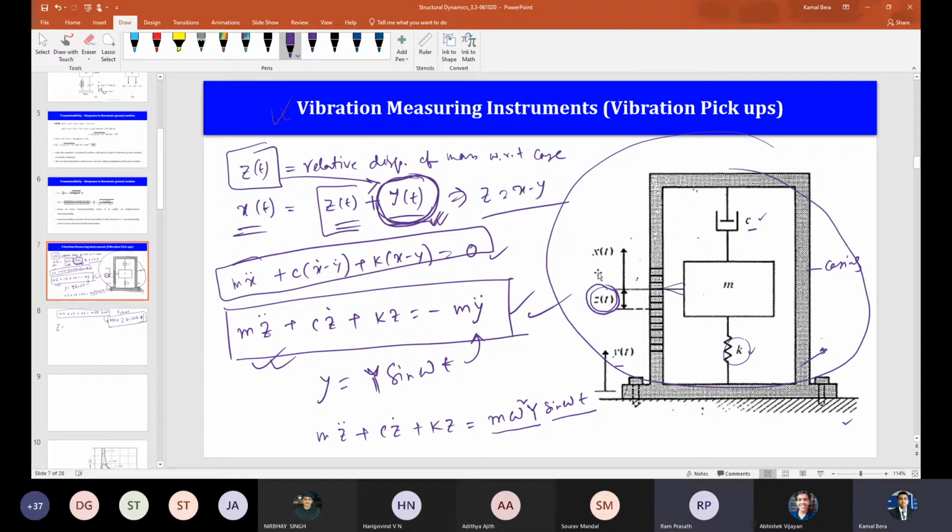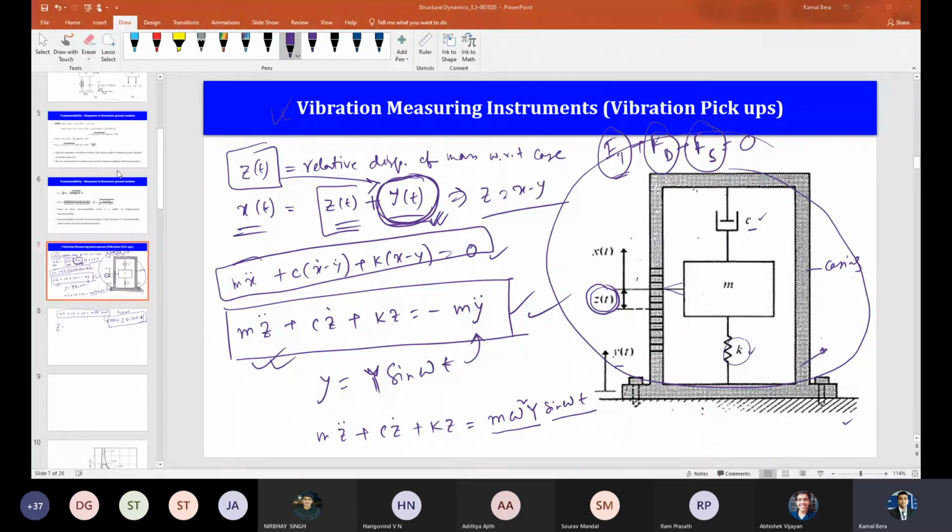Yeah. So please read the very first two slides or from a book, so that the inertia force Fi plus spring force plus damping force equals 0, right? Dynamic equilibrium. So inertia force depends upon the absolute acceleration, mass into absolute acceleration. Damping force is c into relative velocity, and stiffness force is k into relative displacement. So this is in the D'Alembert principle, it was mentioned there. So you can write from there.